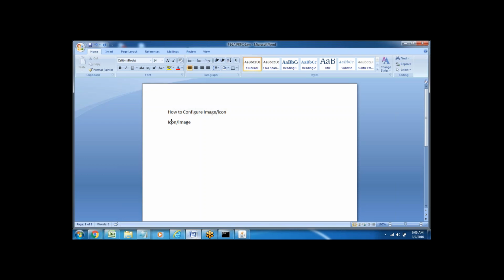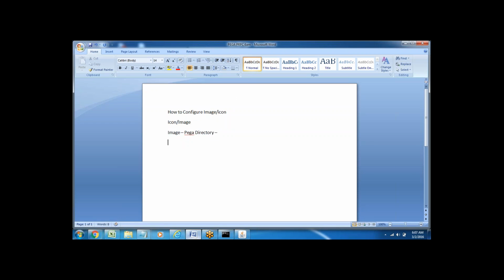Okay, so first of all we need to use the control and we have to upload the image or icon to the PEGA directory. The PEGA directory means a location on the PEGA server where it will be stored. So we have to upload the image to the PEGA directory, and whichever image you are uploading, we have to configure it using the control name. Anytime you want to upload images or icons into the user interface form, in order to upload the image,